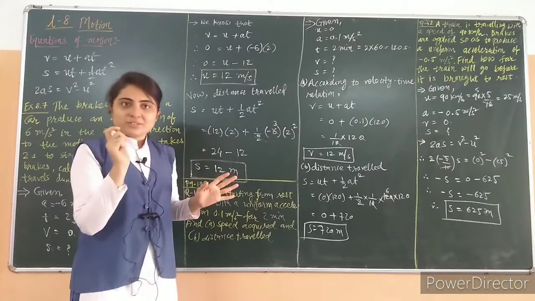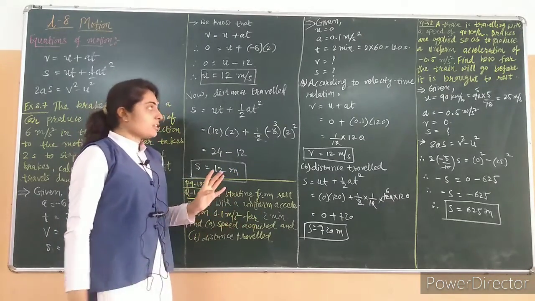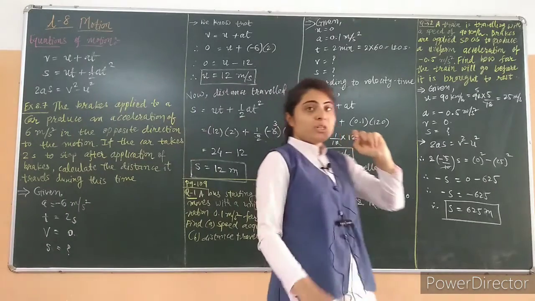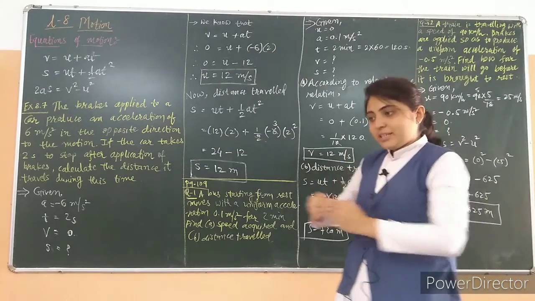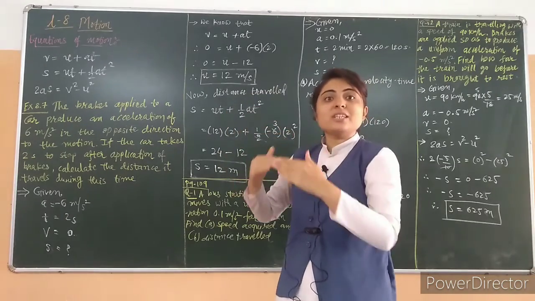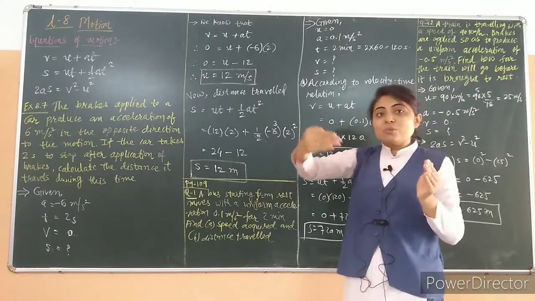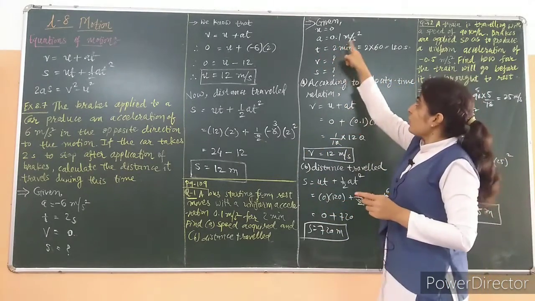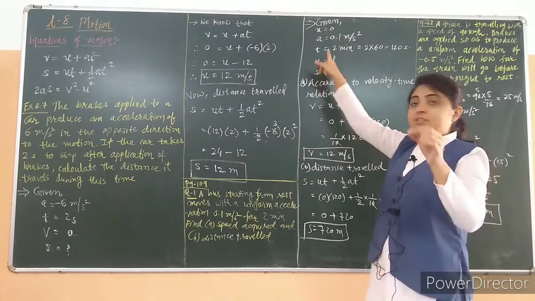These are the key words. Then it moves with a uniform acceleration of 0.1 meter per second square. So a is given, 0.1 meter per second square. Will it be positive or negative? Starting from rest, it starts moving, which means the velocity will increase. So a will be positive. The acceleration will be in the same direction of motion. So a will be positive, 0.1 meter per second square, standard unit, and it will travel for